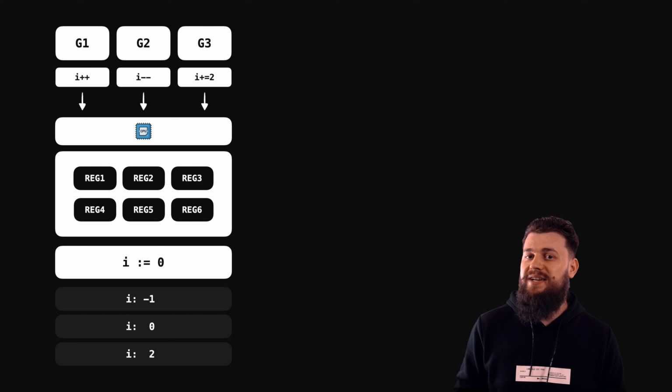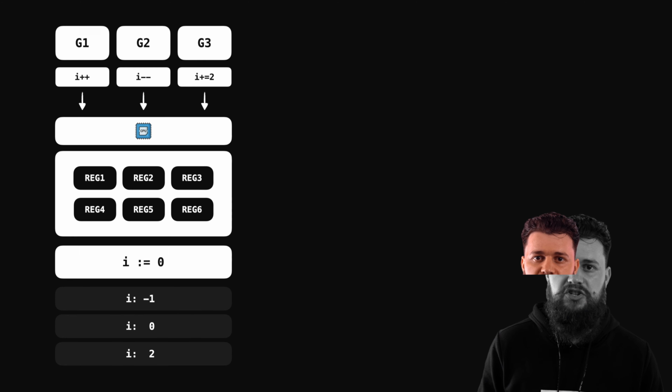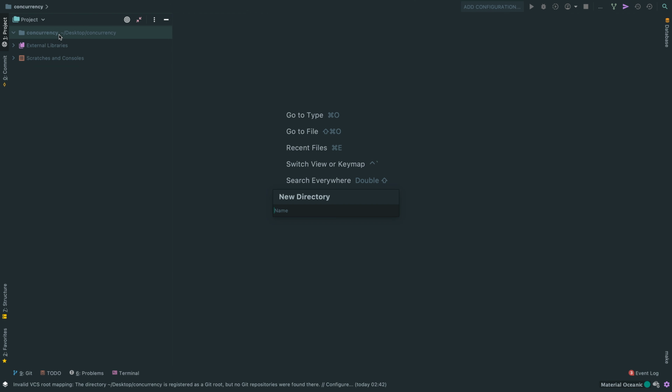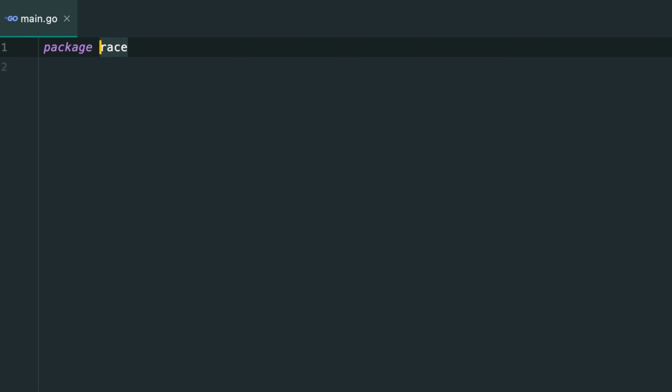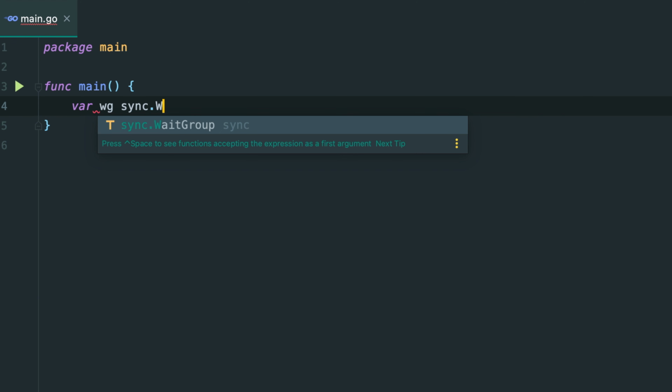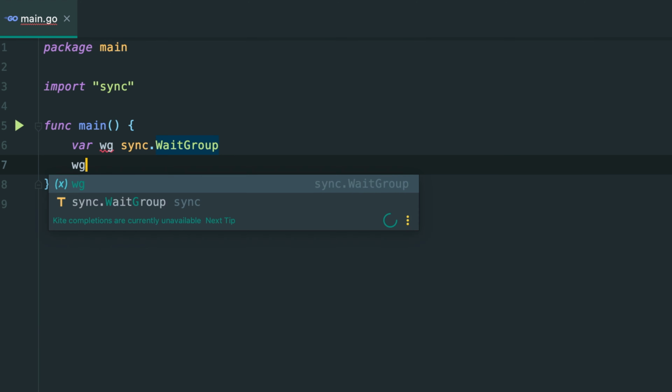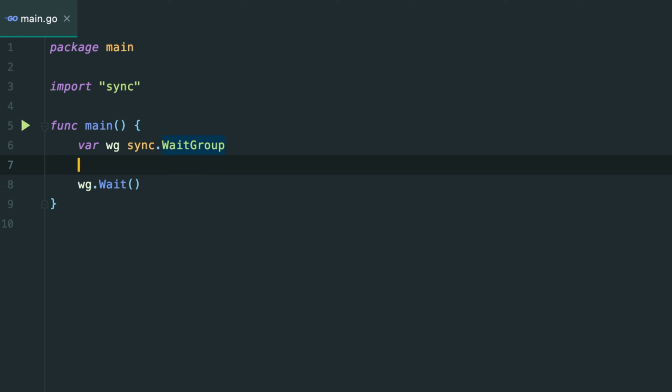Now let's jump into an example where we actually do not respect this principle of atomicity, where in the end we get a race condition. So let's create a new directory called race. Let's also create a file called main, and as usual package main and func main. First of all, let's create a wait group so that we wait for these goroutines to execute. I'm going to say var wait group sync.WaitGroup, and then wait group dot Wait, and in between let's say go func,